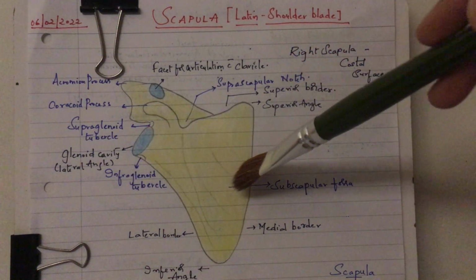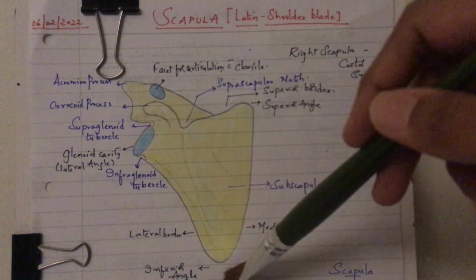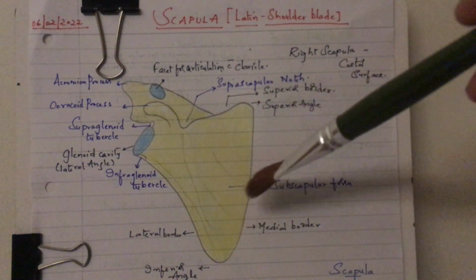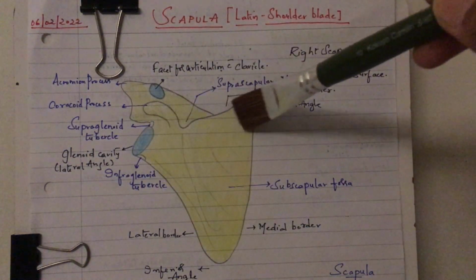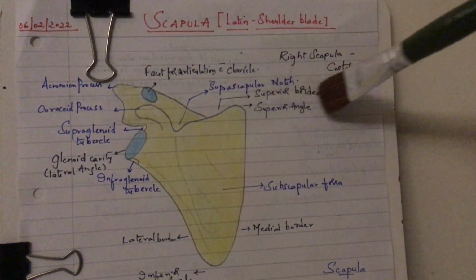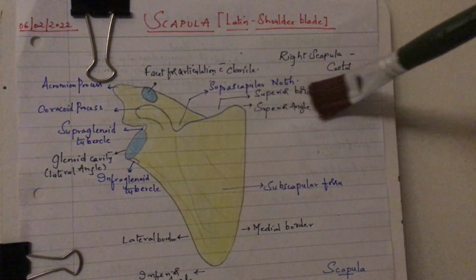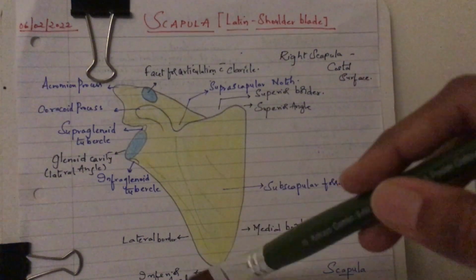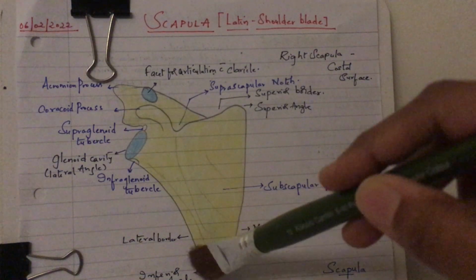And the medial border is thin and it extends from the superior angle to the inferior angle. Coming to the angles, here we have a superior angle. The muscle which we have to remember in the superior angle is the trapezius muscle, and this superior angle is covered by trapezius muscle. And the inferior angle, here we have to remember one more muscle, that is